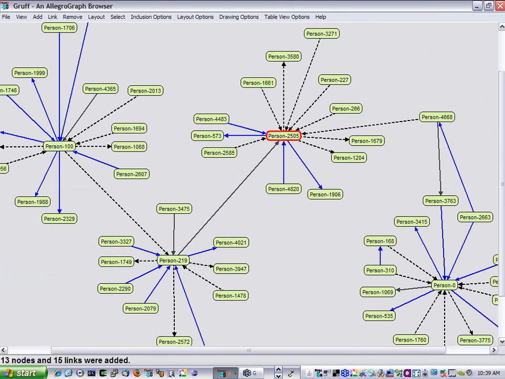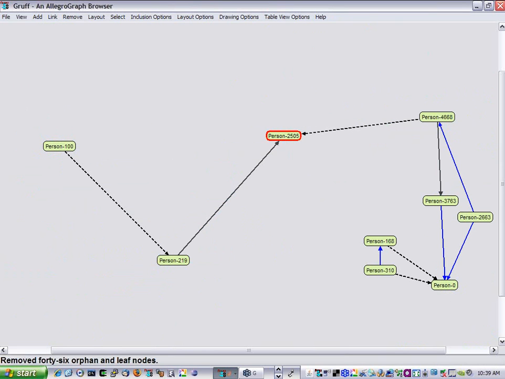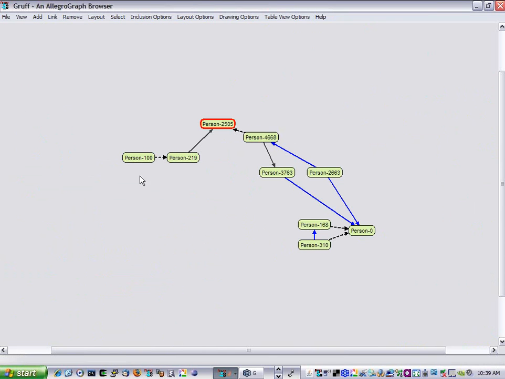Okay, now it's getting kind of busy. So let's get rid of all the leaves that don't point to anything. And yes, what you see, I now get from person 100 through this person, this person, this person, finally to person 0. So you can do a little bit of looking through your graphs to find things visually,